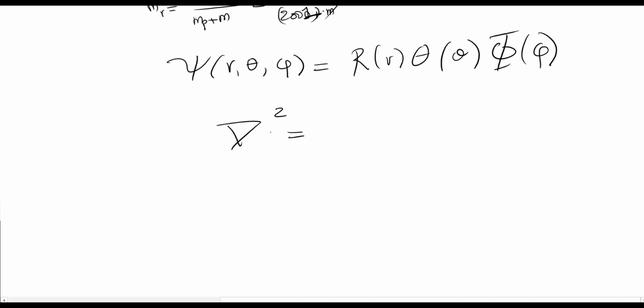So this is applied to any function f in this case. I'm just going to follow the notation of Feynman. So it's 1 over r times the second derivative in here, and you have to be very careful in here. It's not the derivative of f by itself, but actually r times f. Okay. So there is a part in here where there is cancellation, and you will only have the second derivative with respect to r, and there is another term that is going to be added in here. Plus, I'm going to follow another notation in here, a little bit different than Feynman. 1 over r squared times